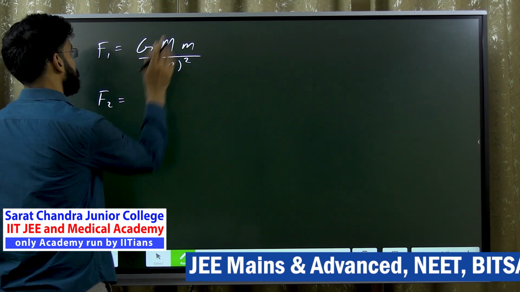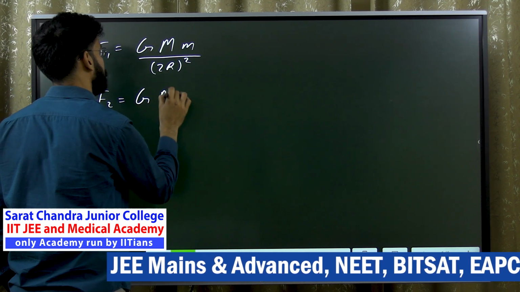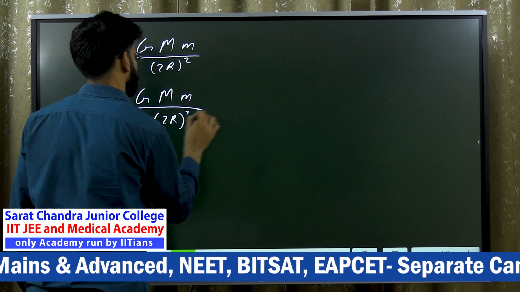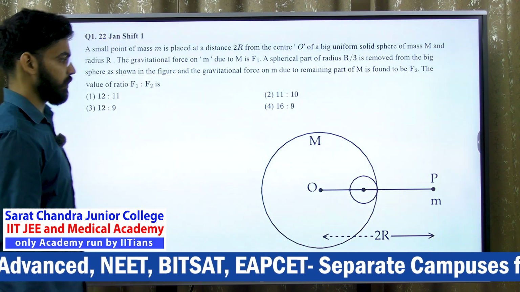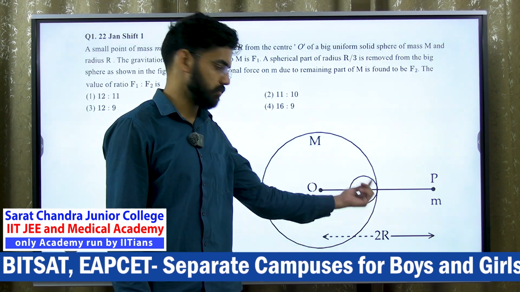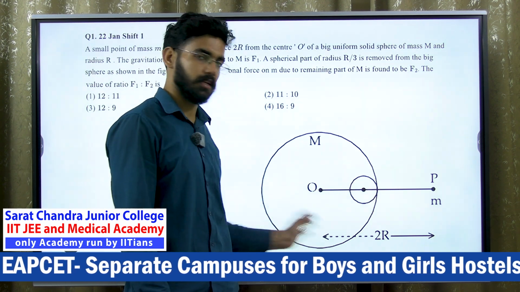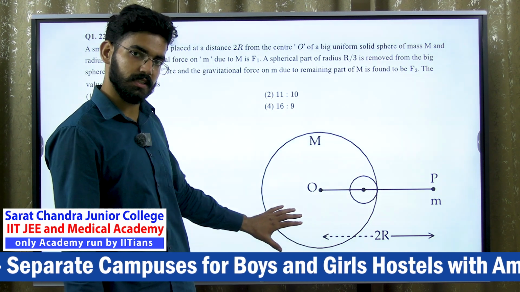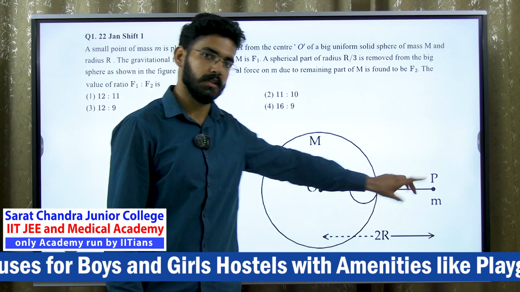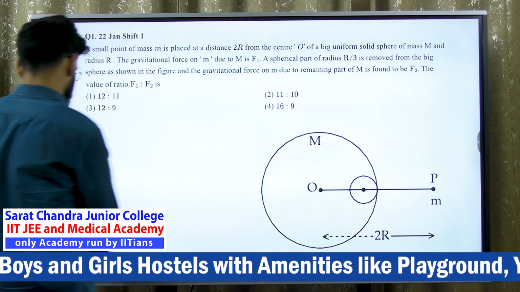F2 is basically this force which was originally by capital M minus, if I subtract the gravitation pull by this mass which is removed from here, then I will get the remaining, right? So total was there. Then if I subtract the gravitation pull of this on this point, then I will get the remaining, right? So minus